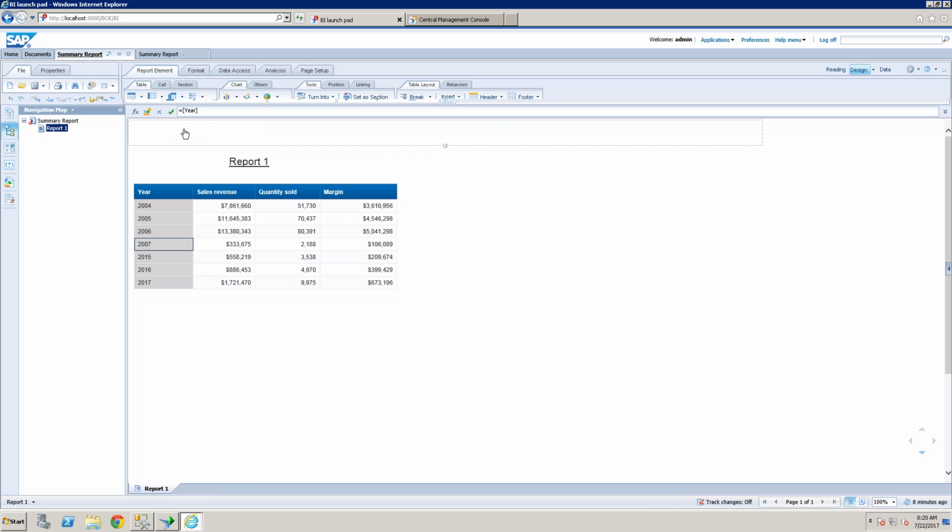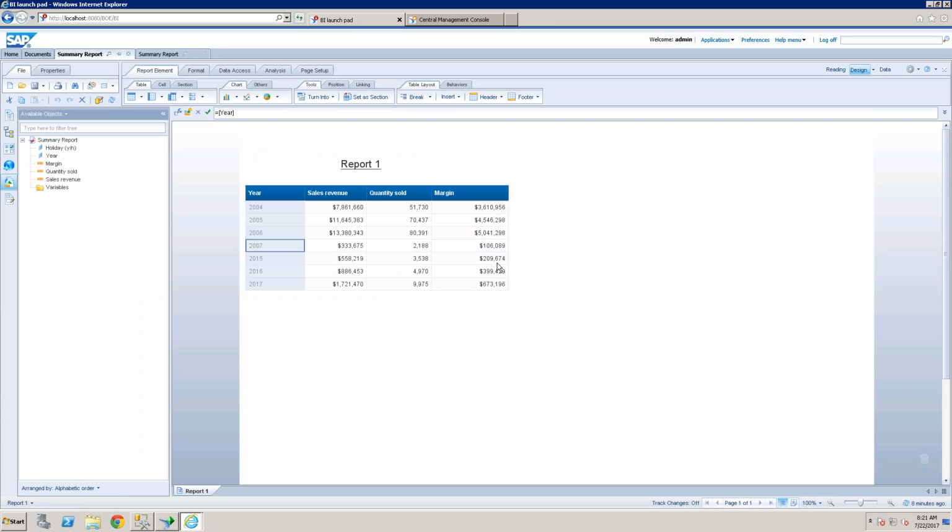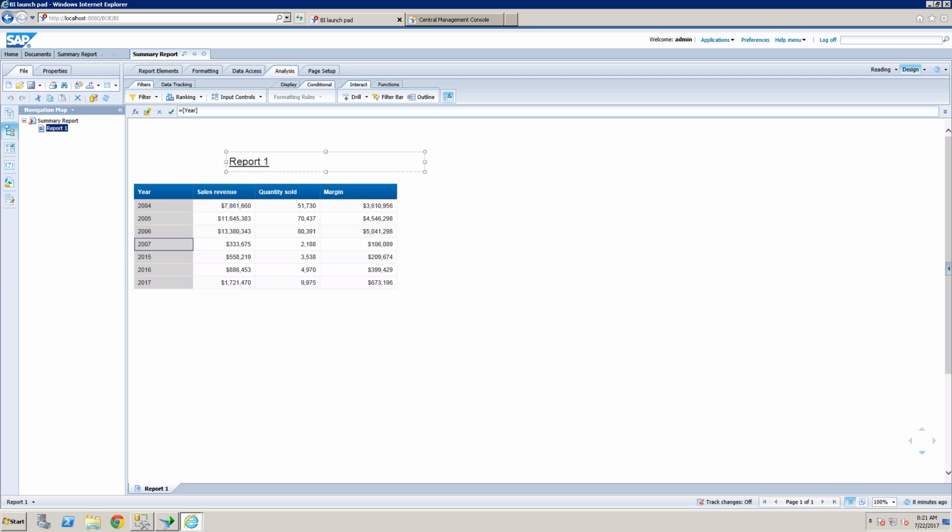So for the first report, which you open in applet mode, I am able to see conditional formatting here. Now, how does the HTML format open? First open a report directly in view mode and go to the design.